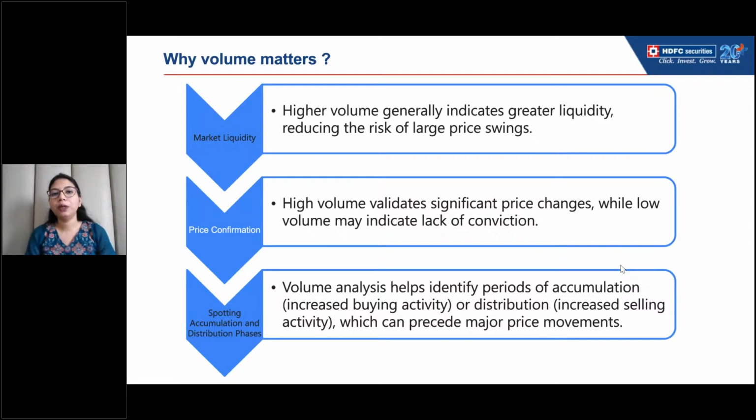Accumulation क्या होता है? Accumulation ये होता है कि जब भी इसमें हमें प्राइस और वॉल्यूम दोनों चीजें देखनी होती है, ठीक है। So whenever the price is staying range bound, or if the price is staying flat, okay,